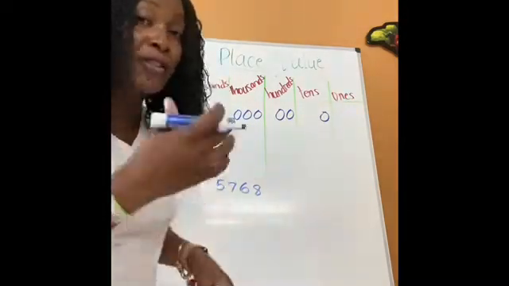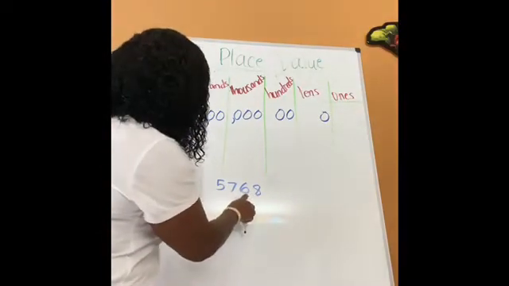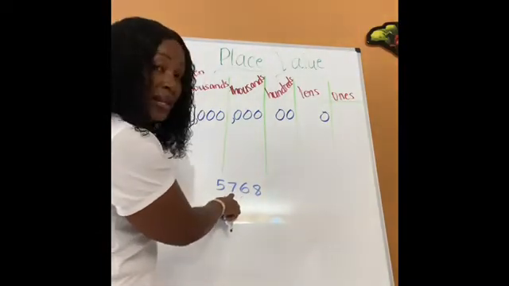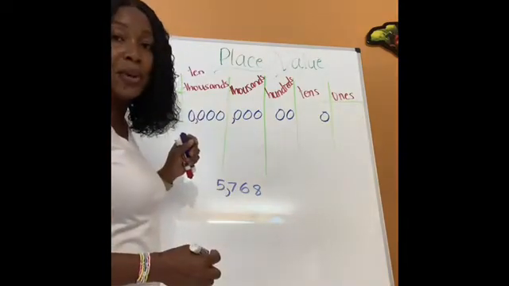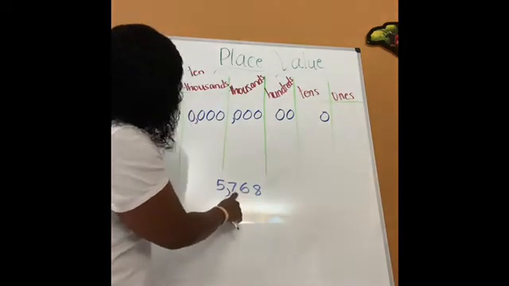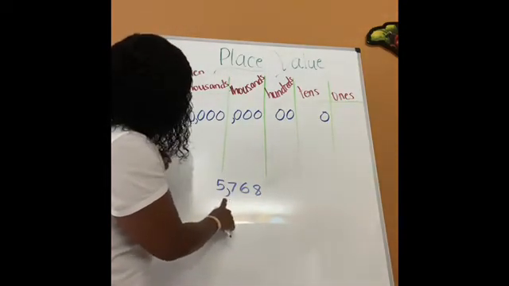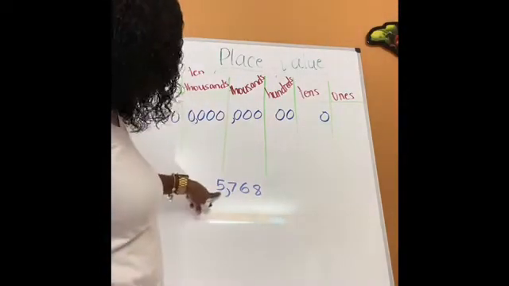For every 3 digits, you need a comma. So 1, 2, 3. It means that you need a comma between 5 and 7. So again, count from your right. 1, 2, 3. You need a comma between the 5 and the 7. So this is